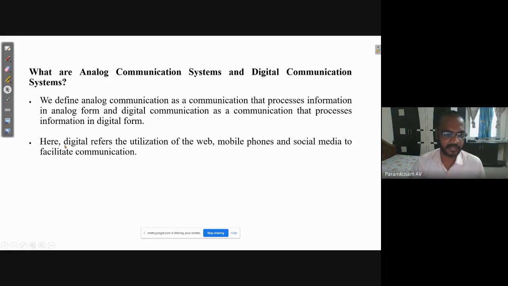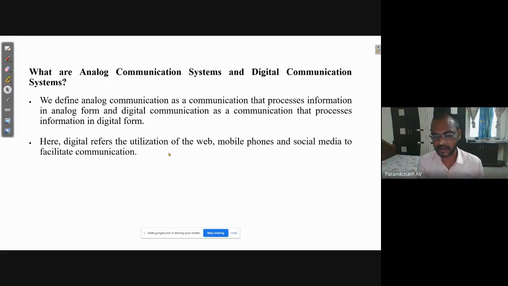Here, digital refers to the utilization of web, mobile phones, and social media to facilitate communication. At present, whatever communication is there, now I speak in front of my computer, you listen to my words, and I show the PPT and you see my PPT in your computer. All this is due to digital only.